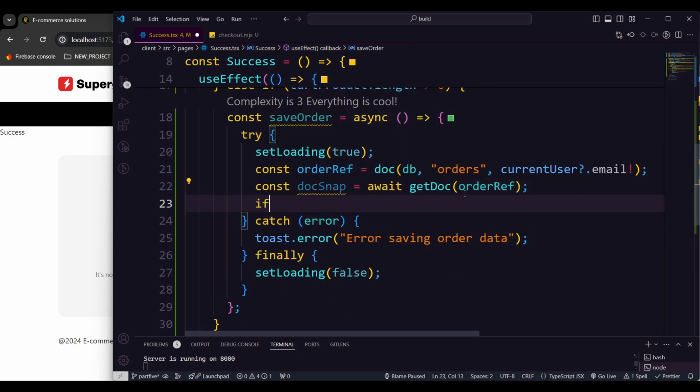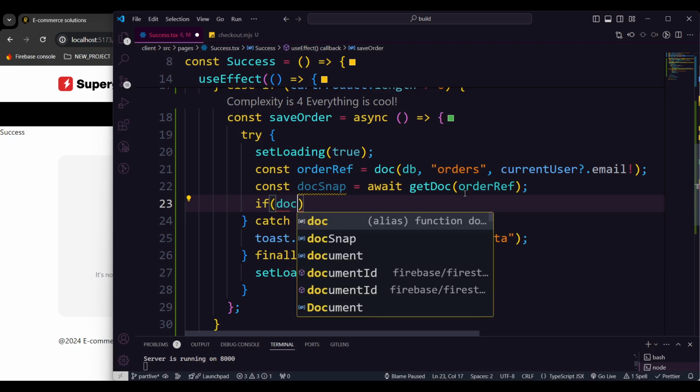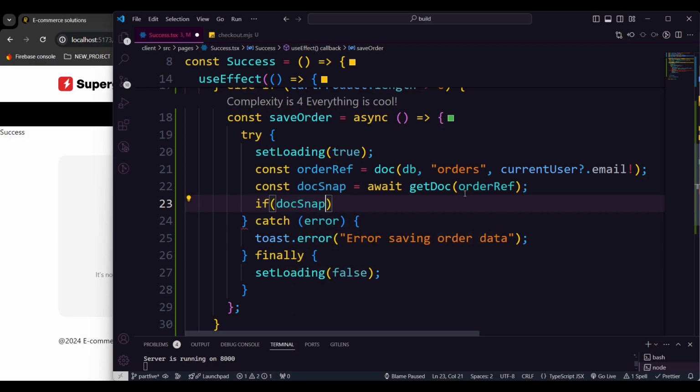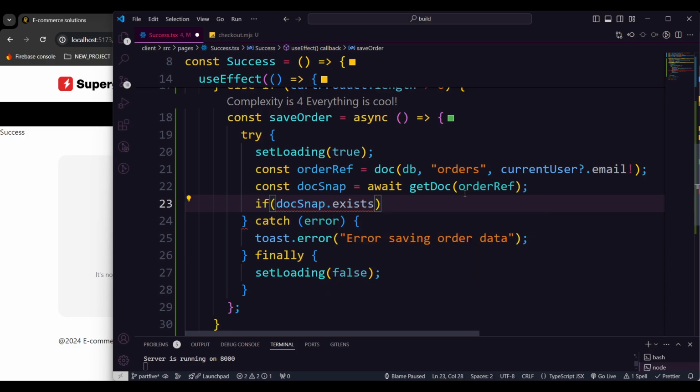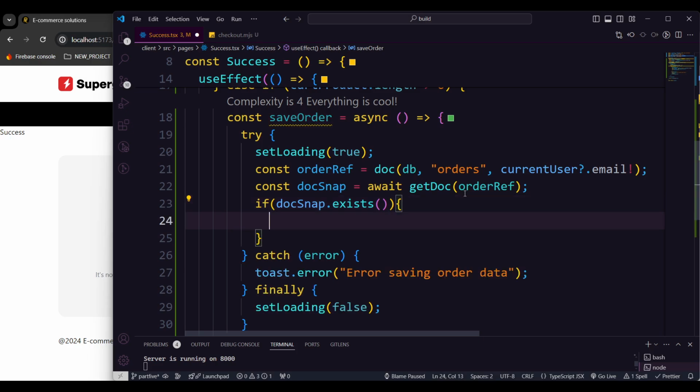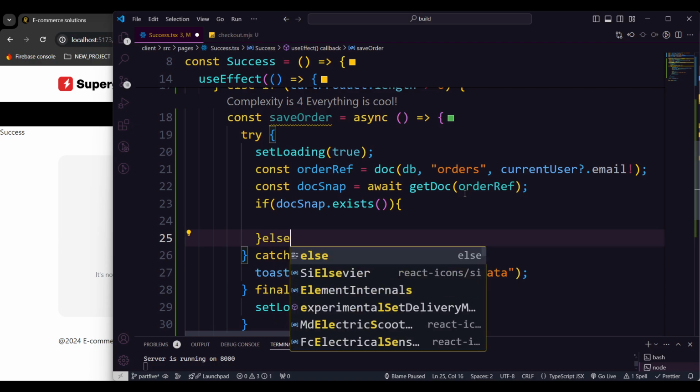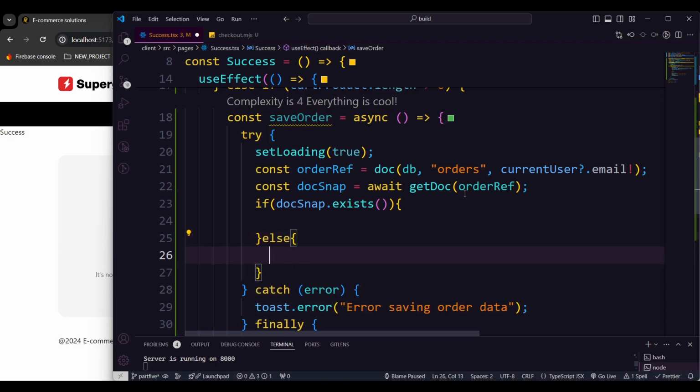So now if we have that doc snap, it means we previously had an order. So doc snap exists, which means we have our previous order. So we will manage one particular tabbing parameter. If any user already has an order, we're going to push through that order to that particular user. If they don't have the order, we're going to inject the new order, same like we did in that cart